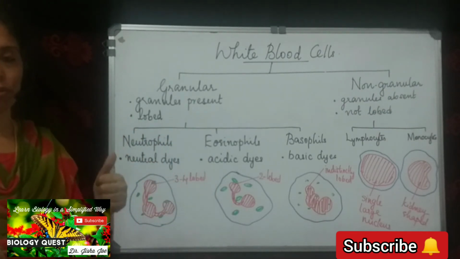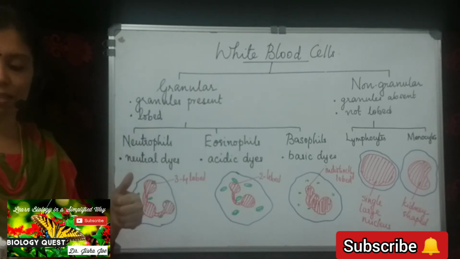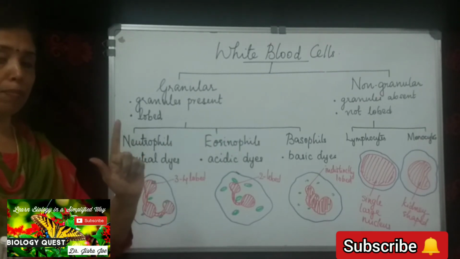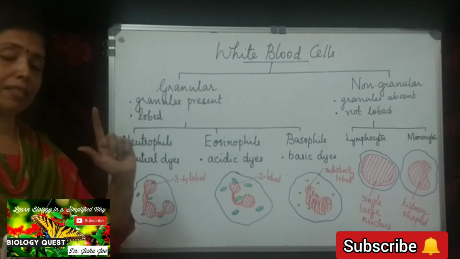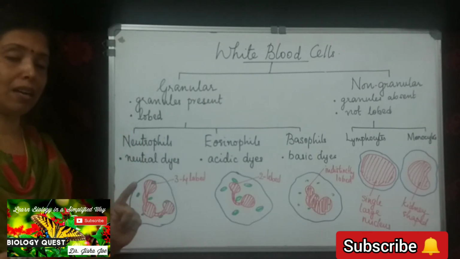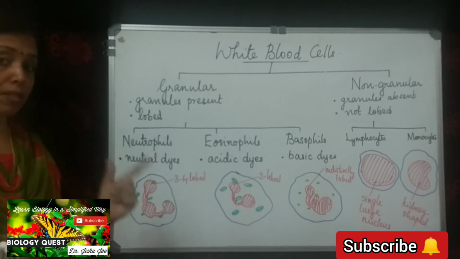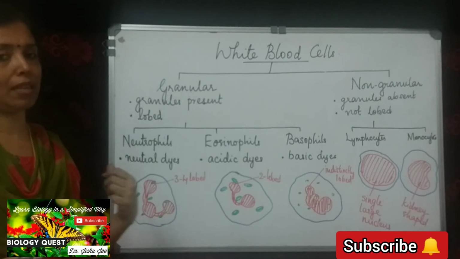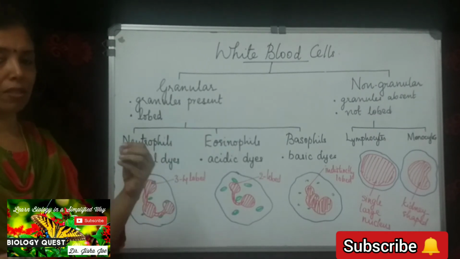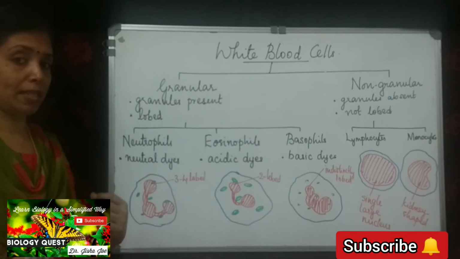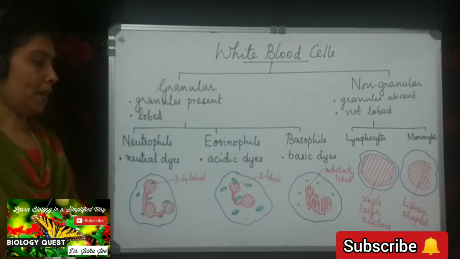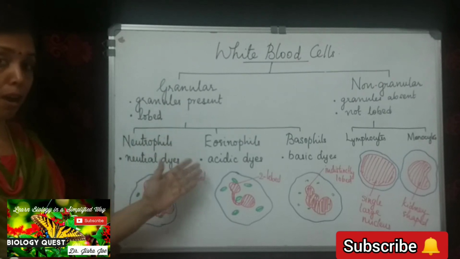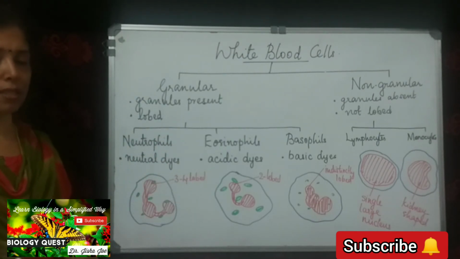Eosinophils, what you have to remember is that they are concerned with the engulfing of the bacteria. Second point, they produce antitoxins, that is, the antibodies actually act as antitoxins, which react against the toxins that are produced by the disease-causing germ or the foreign substance that has entered into our body. And also remember that the eosinophil count increases during allergic situations.